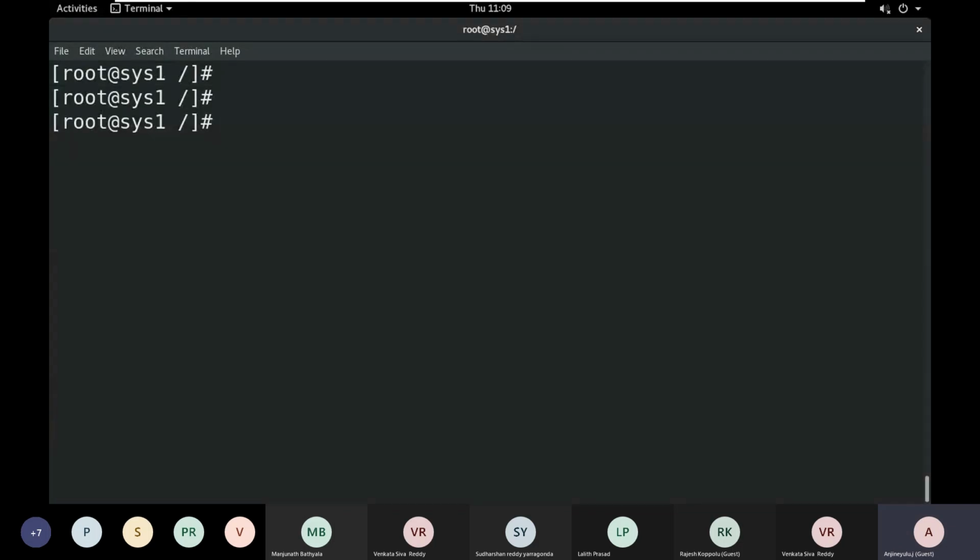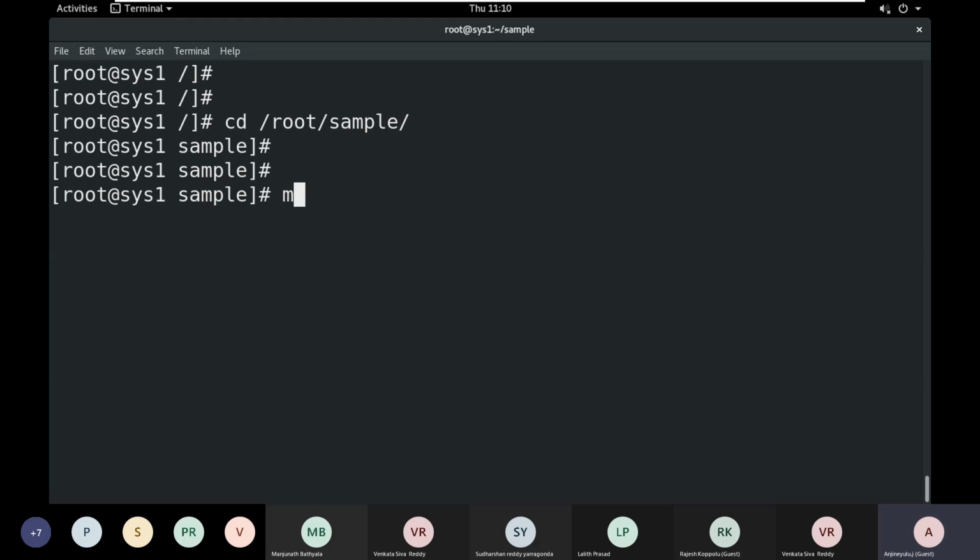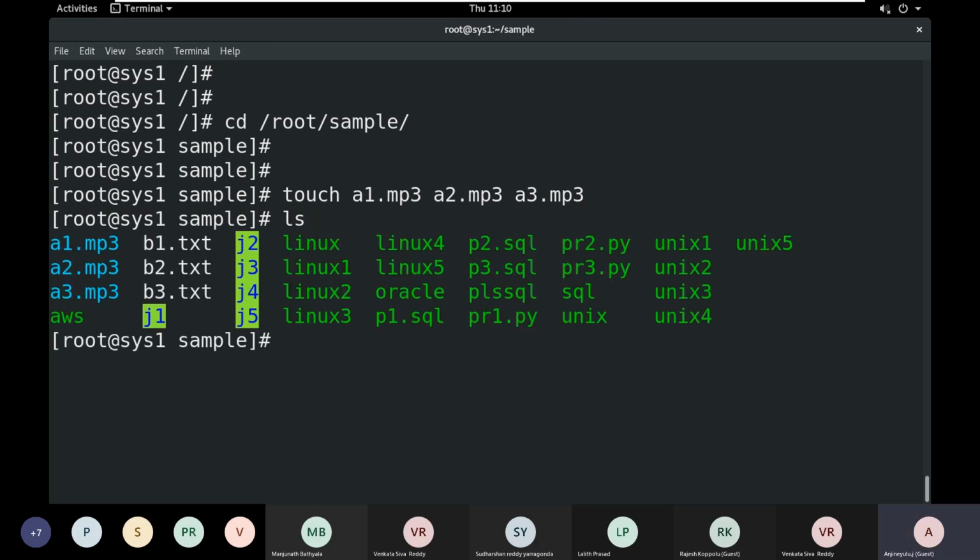What do I have to do? cd /root, then sample. Again, I am creating with touch a.mp3, a2.mp3, a3.mp3.